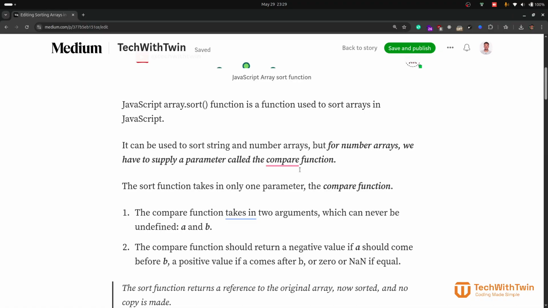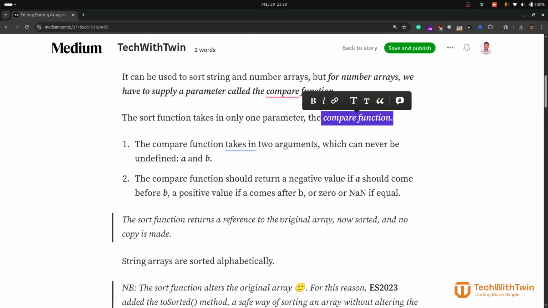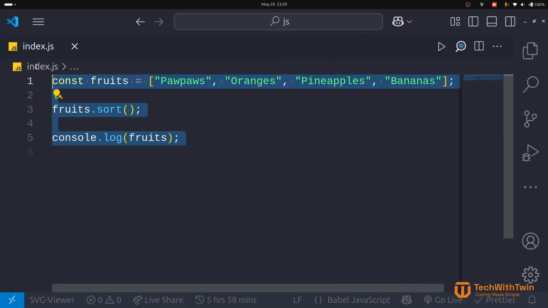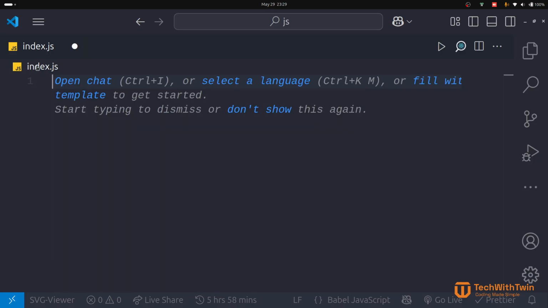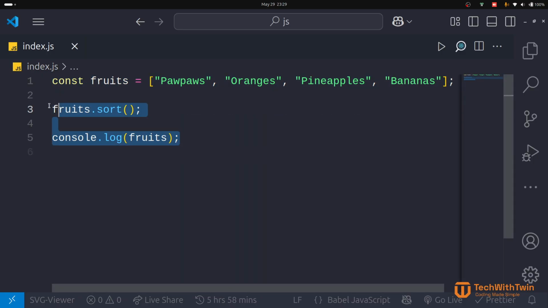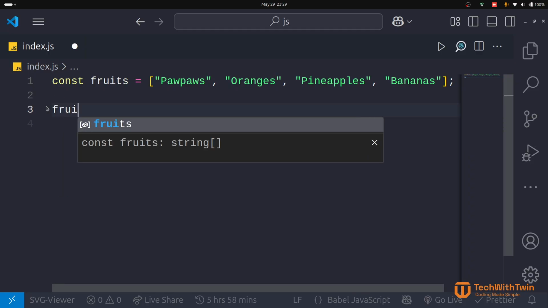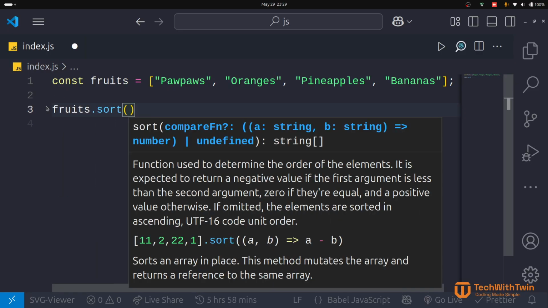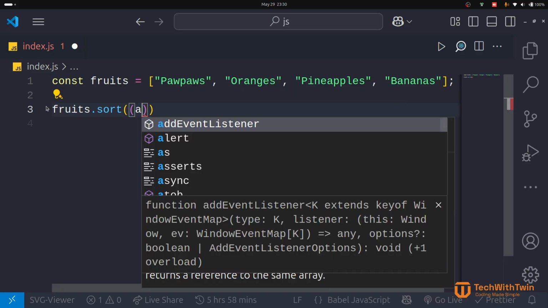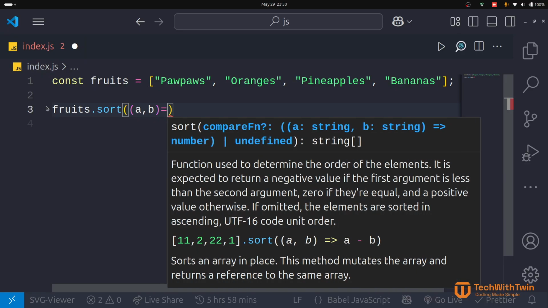So the sort function takes in only one parameter, which is called the compare function. I can just show you, using the array of fruits. You can say fruits.sort. This one takes an optional function called the compare function. And the compare function takes in,